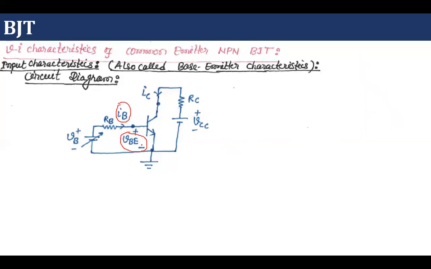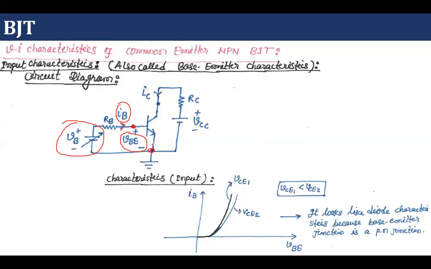These two are the input parameters. And for this voltage we do not have to worry. We have to measure the voltage across the terminals of the input side, that means across the base emitter, and how much current is passing through this base. With the help of these 2 points, we are going to plot the VI characteristic. Why is it known as VI characteristic? Because we are plotting the graph between voltage and current.